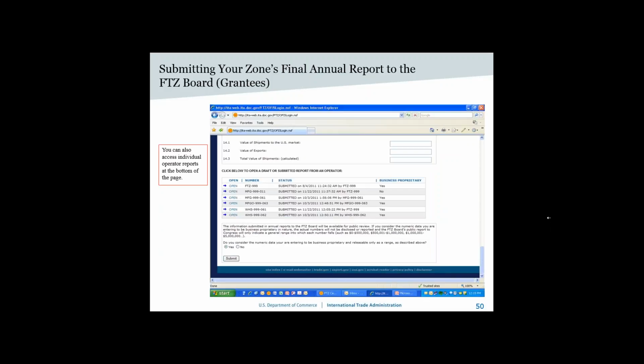But the good news is you don't have to do anything separate as grantee. So moving on down now to the bottom of the screen, there will be another list of all the operator reports submitted for your zone. So even in your report here as grantee, if there's something that you want to take a look at, you can open any of your operator reports, take a final look,